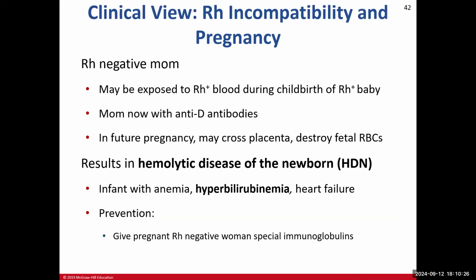So if they cross the placenta, what are they going to do? They're going to go after the baby's red blood cells. Hemolytic anemia, right? Starts killing the baby's red blood cells. Baby needs those red blood cells to oxygenate those developing tissues. A lot of issues can happen. And if you look here, look at these symptoms. Anemia in bold letters here,